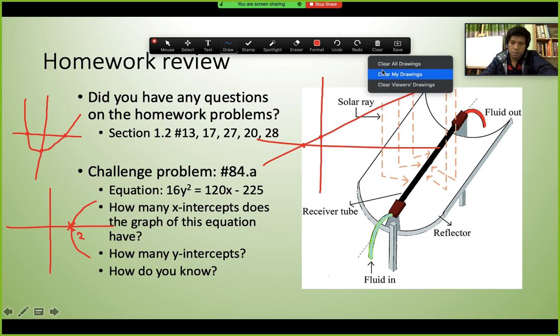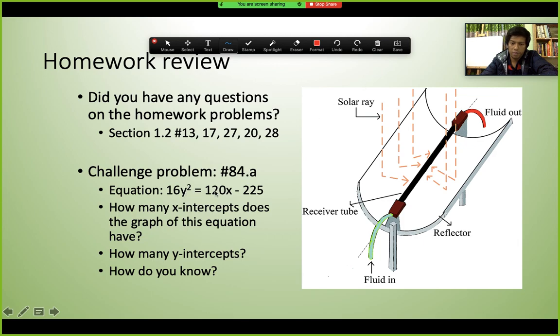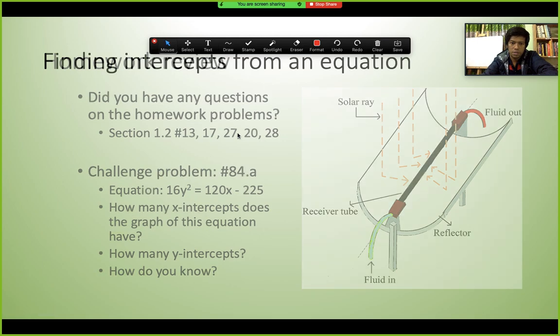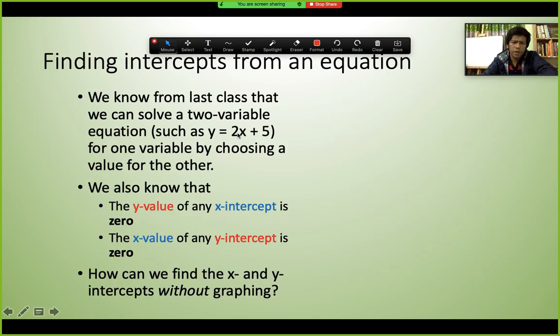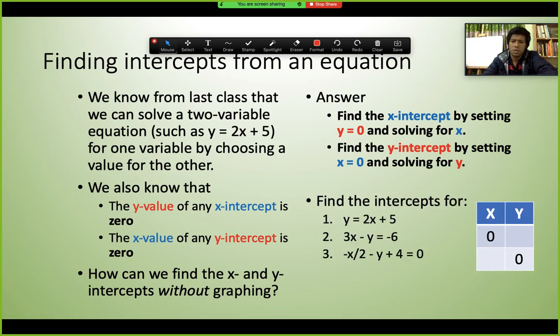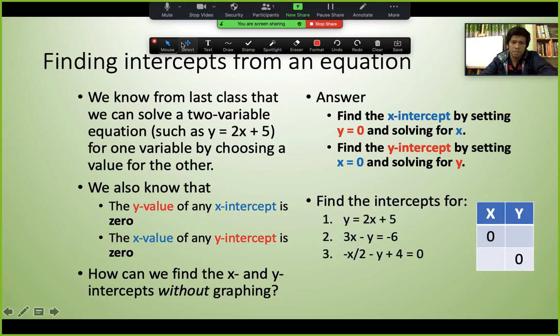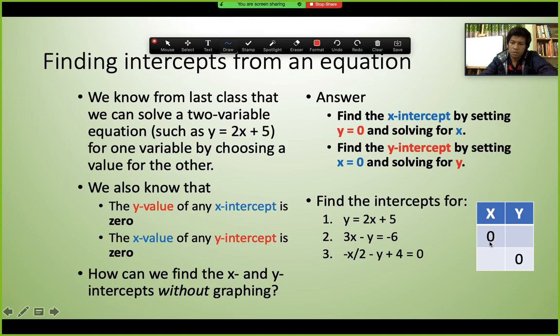Now without plotting also, we can find the x and y-intercepts, so let's look at how we can find them from our lesson. To find x-intercepts and y-intercepts, our technique is this. First of all, for the x-intercept, we have to find